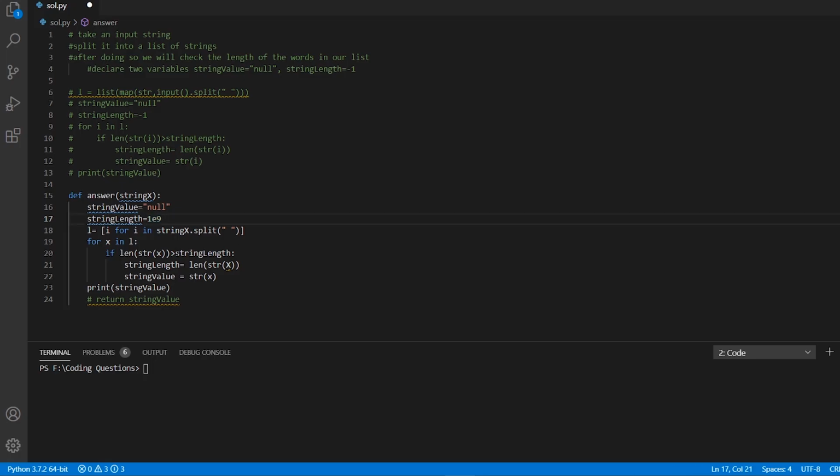And if we want to find out the minimum length of a string, or the word with the minimum length, we can simply remove this greater than symbol and replace it with this, and the rest of the procedure still remains the same. So you can do the same in this above line of code which I have commented. And that is the question for today.